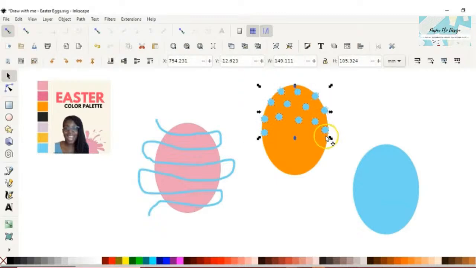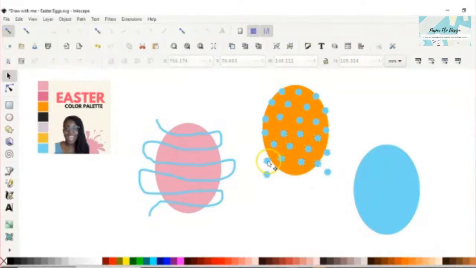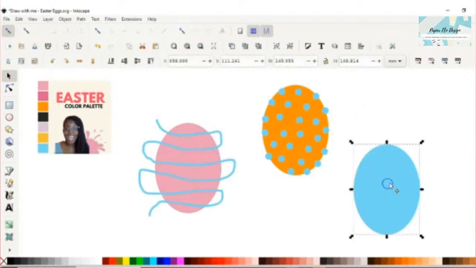All right, so now I'm going to select all of those polka dots and I'm going to combine them so that they are one path. And that makes it a lot easier for me to copy it and duplicate it onto another part of the egg. So the ones that are way outside, I'm just going to bring them inside the egg so it's touching some part of the orange part. All right, so now we have the beginning of the decorations for 2 of the eggs,